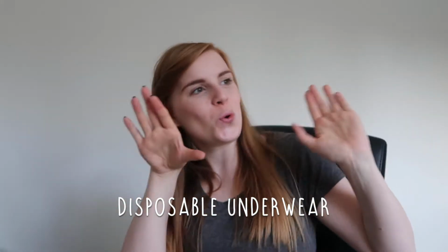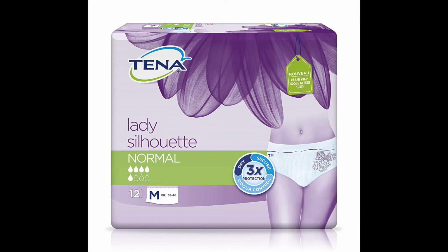The second thing on my list is Tena Lady underpants. Woohoo! Kinky talk. I also brought with me extra large underpants because, if you didn't know, after you have a baby your uterus starts shrinking back to its regular size, and a lot of blood comes out of you, more so than your regular monthly period. It's a lot of blood, and it doesn't hurt or anything. A regular sanitary pad will not cut it, really, no. So I brought some pads specifically for after labour